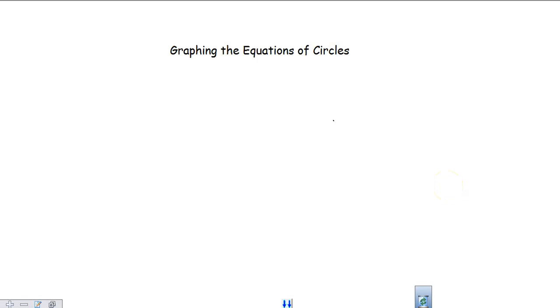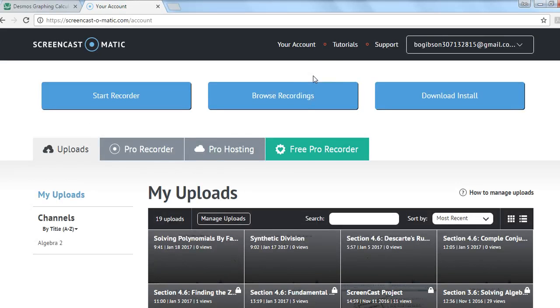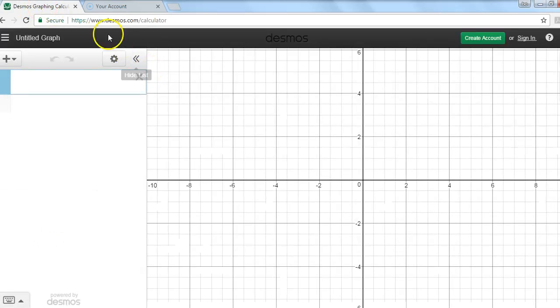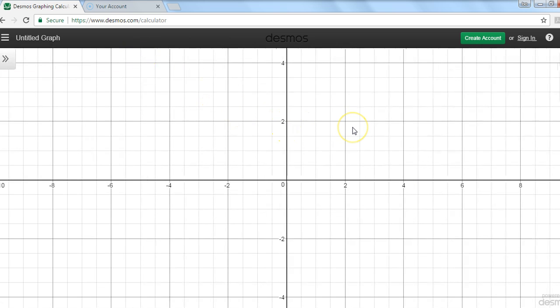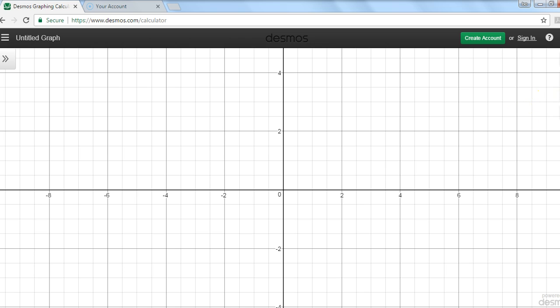Okay, we're going to start off today graphing the equation of circles. And actually, the first thing we're going to do is flip over and get a graphing grid on here. So let's go over to my graphing grid here. And I don't necessarily need that. So let's just start with a circle